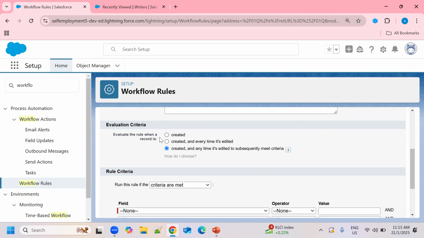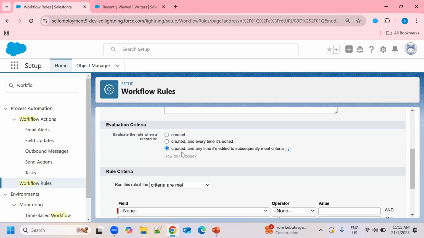Evaluate the rule when a record is created means this workflow rule will execute when you create a new record. If I select the second option, created and every time it's edited, this rule will execute when you create a new record or every time you edit the record.